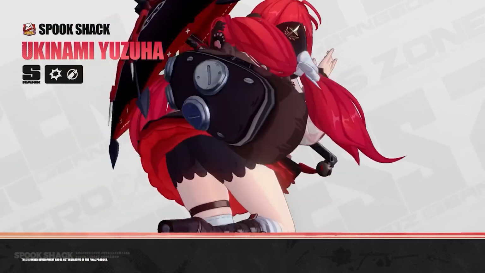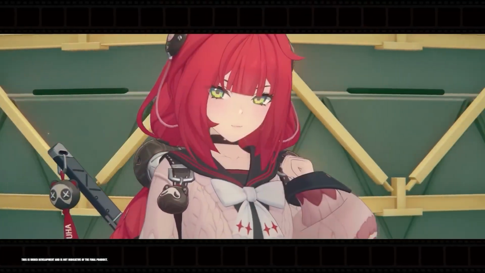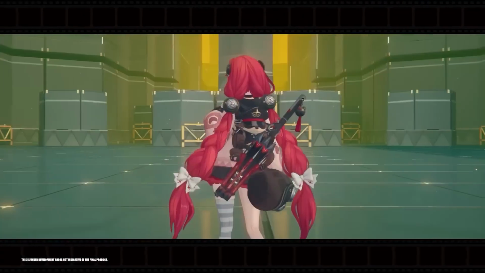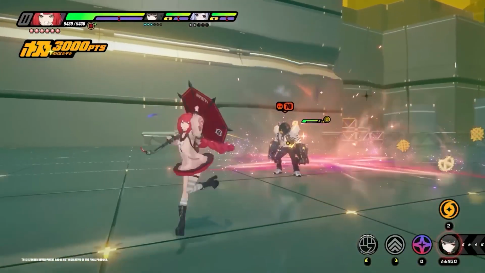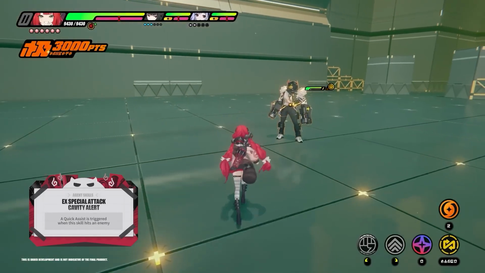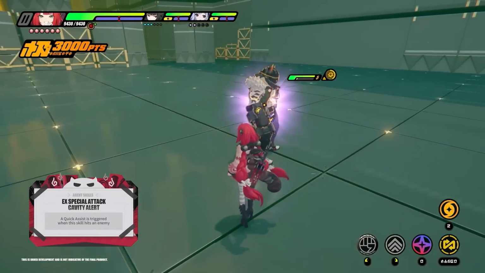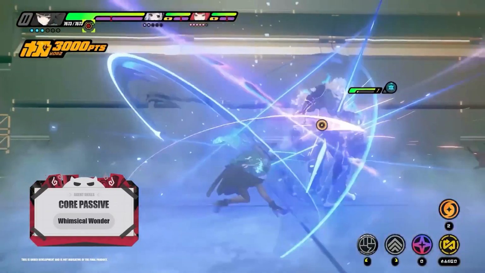Today's video, we are going to be going over both Yuzuha's and Alice's kits, so let's just hop on into it. Starting out with Yuzuha, she is an anomaly support who essentially fulfills the role of Astra, but for anomaly teams. So starting out with Yuzuha's EX skill, activating it will trigger a quick assist and inflict Sweet Scare on the enemy. Additionally, at this time, due to her core passive, it will increase the team's attack and the squad's